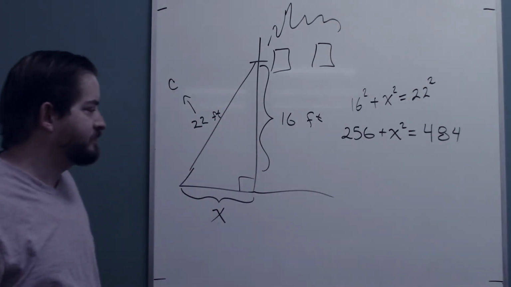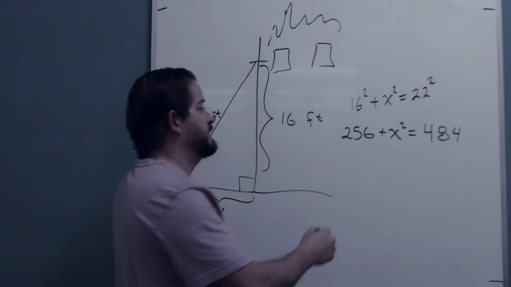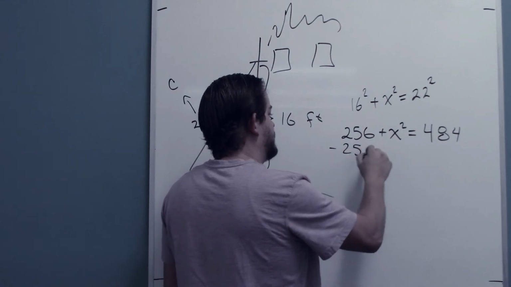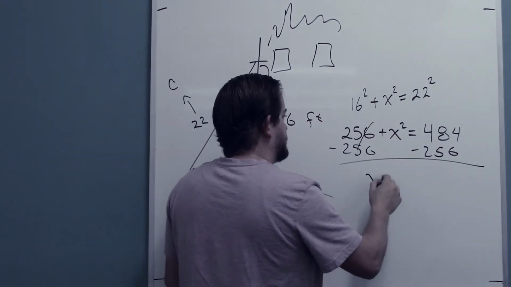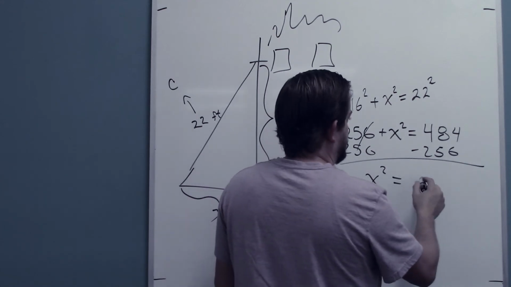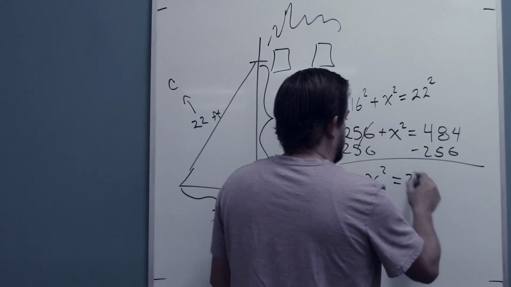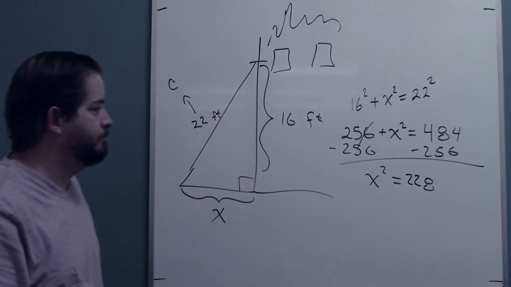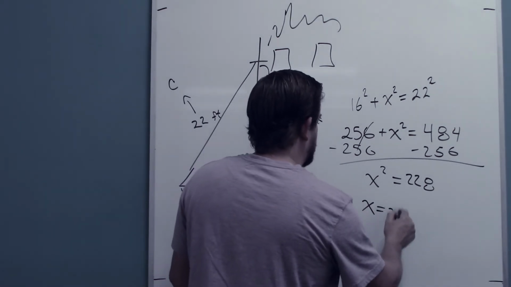Okay. Subtract the 256 from both sides to isolate that x squared here. That gives me x squared is 228. And therefore x is the square root of